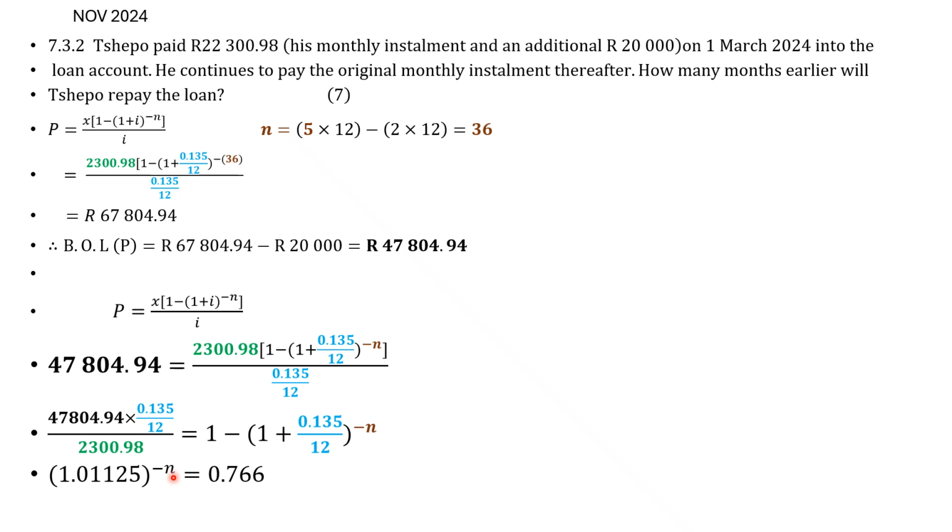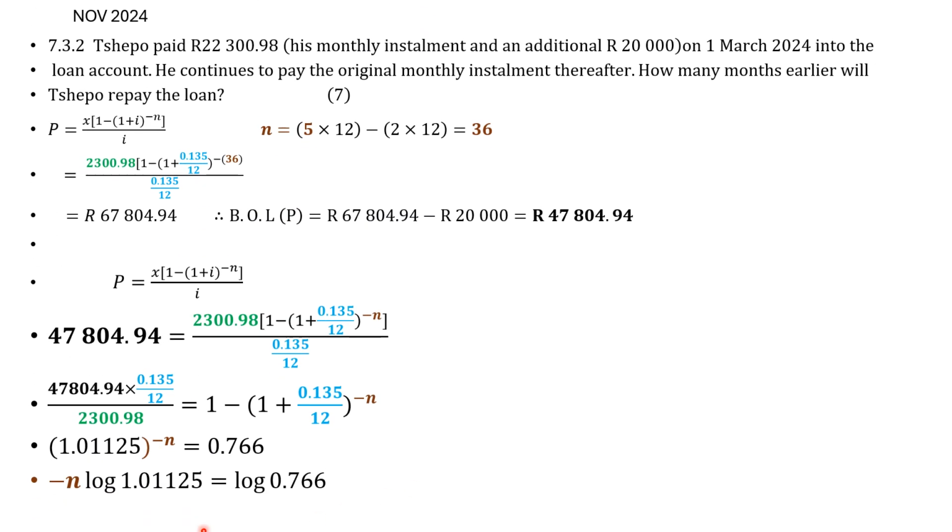Now, to solve for n, we're always going to use log. I can say negative n log 1,01125 equals log 0,766, so just log both sides. So negative n log 1,01125 equals log of 0,766. Log 0,766 divided by log 1,01125 gives me n equal to